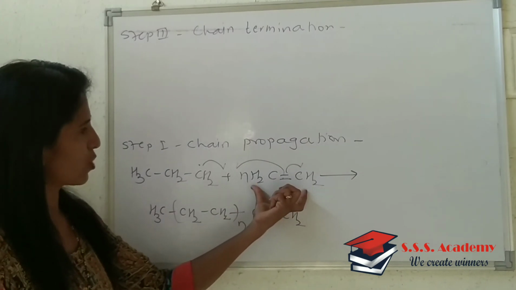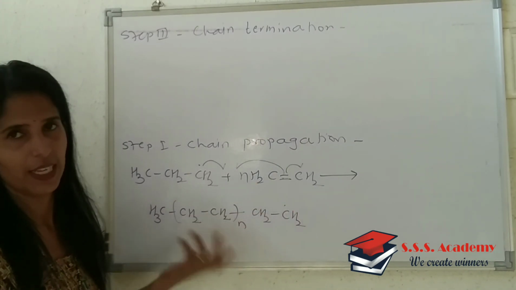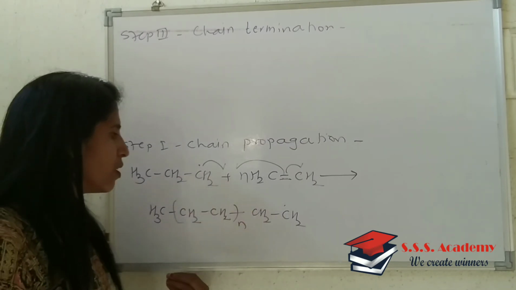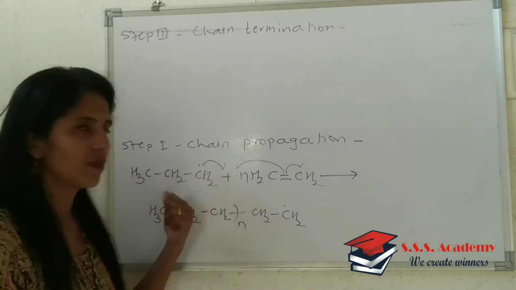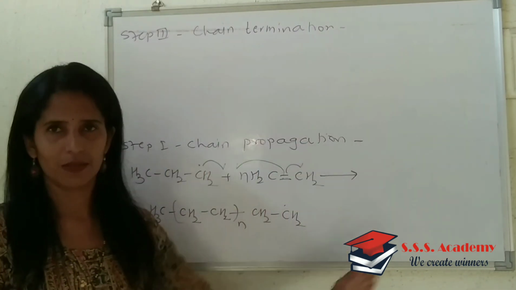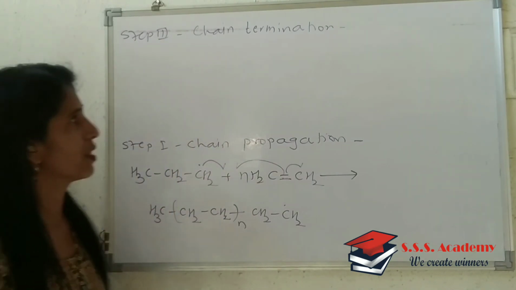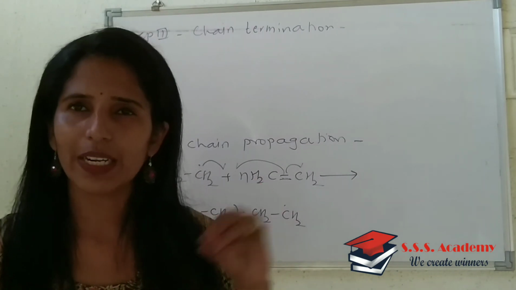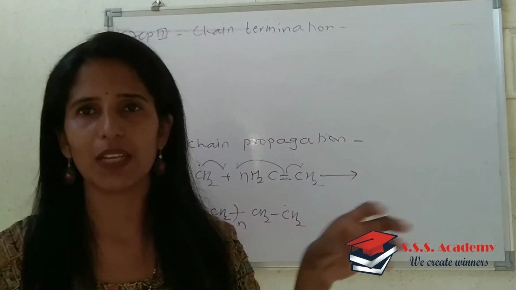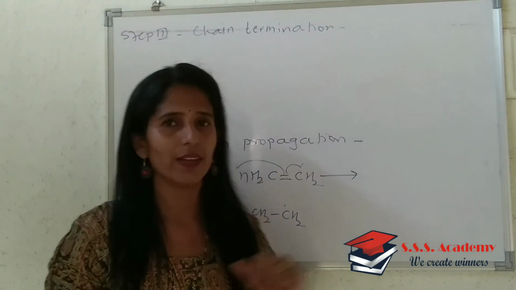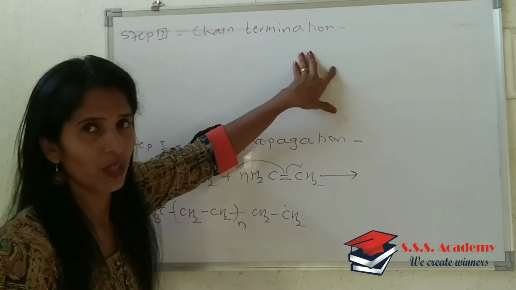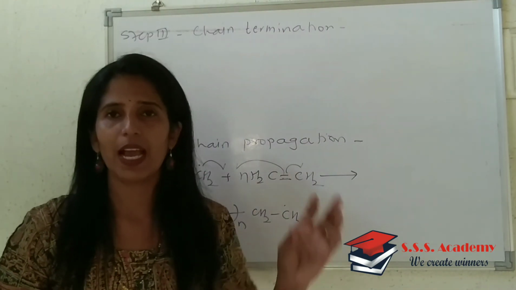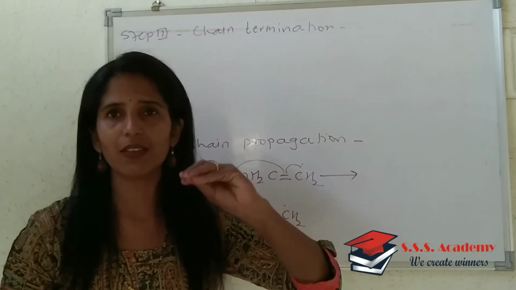See, this CH2 we have written over here. You can write it in any way. So this CH2 and CH2, that n moles of monomers are getting attached to this new radical. Okay, and the chain length increases like this. And the third step is nothing but chain termination. So the chain reaction has to be stopped somewhere, right? So ultimately, at some stage, whatever chain reaction there is has to stop, and that's why the third step is chain termination, right? So whatever radicals we got, they add to themselves, and that reaction ends. Okay, so that is a termination step.